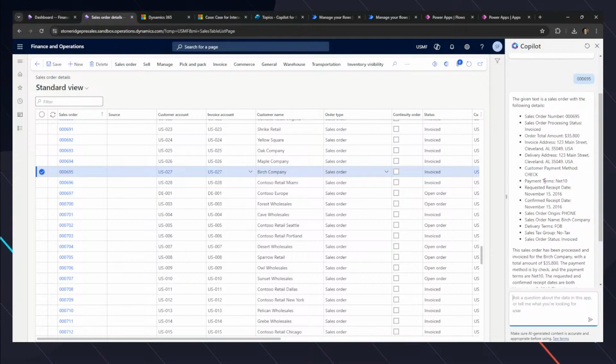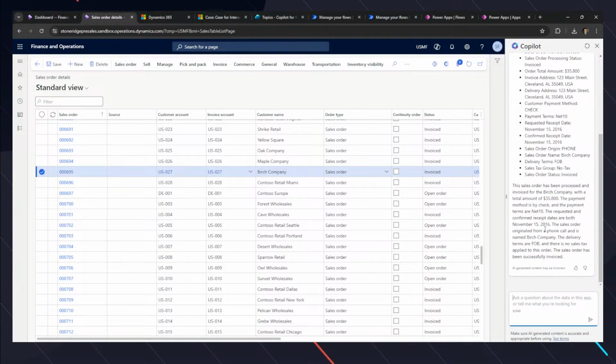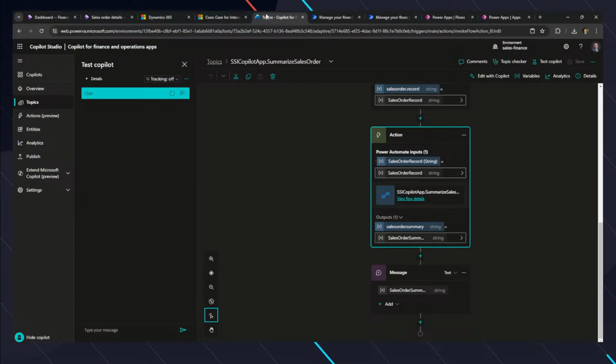the order amount, the payment terms, the phone, the tax group, a paragraph of content here that says what the sales order is. It's a phone call, right? The delivery terms are FOB as well. So like I said, I didn't do anything here other than create those two Power Automates to drive that, right? And here's the cool thing about this, just longer term. You can do this